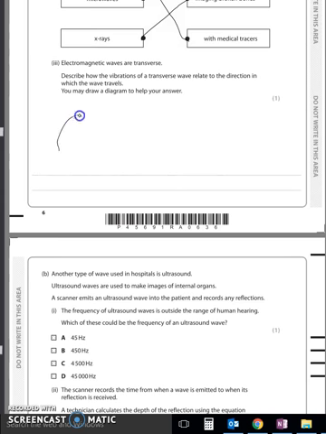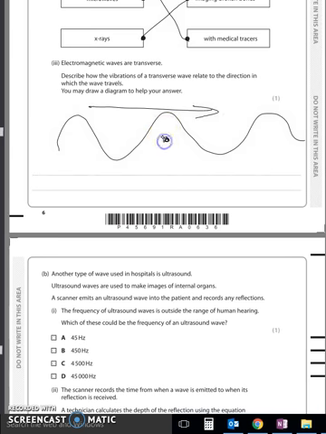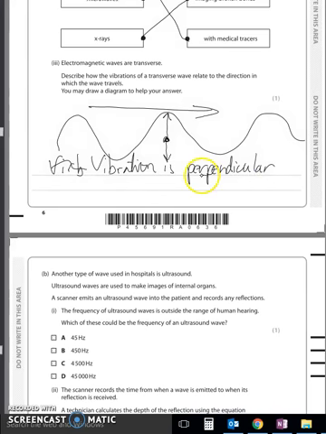Well, we could do this. So here's our wave, and I could put that it's going this way. Now, if I put a molecule here, or something that's going through, in order to make that wave, that particle has to go up and down, whilst the wave is going left to right. So I'm going to say vibration, I think I spell it right, vibration is perpendicular, that's the most important word, perpendicular to direction